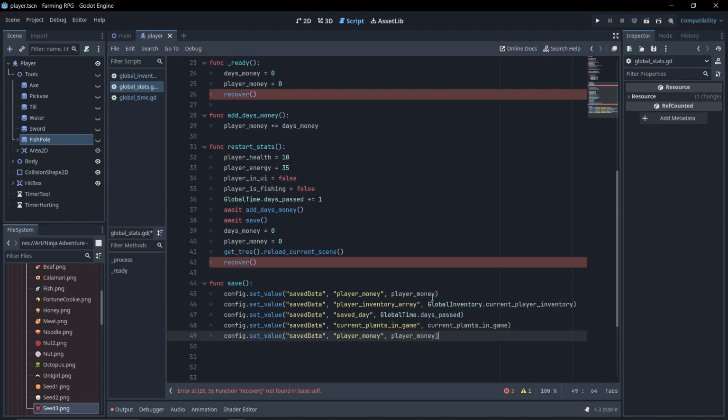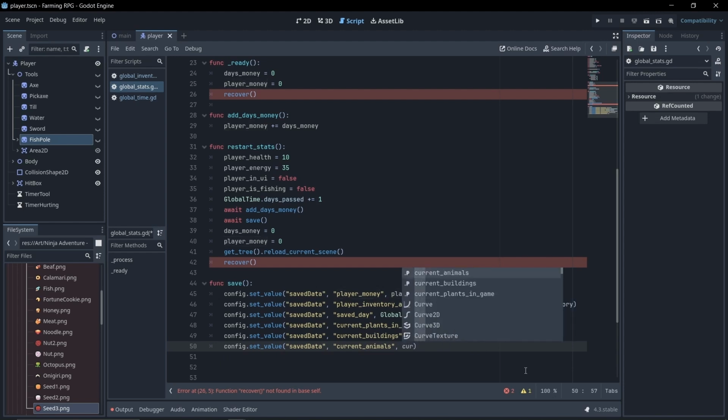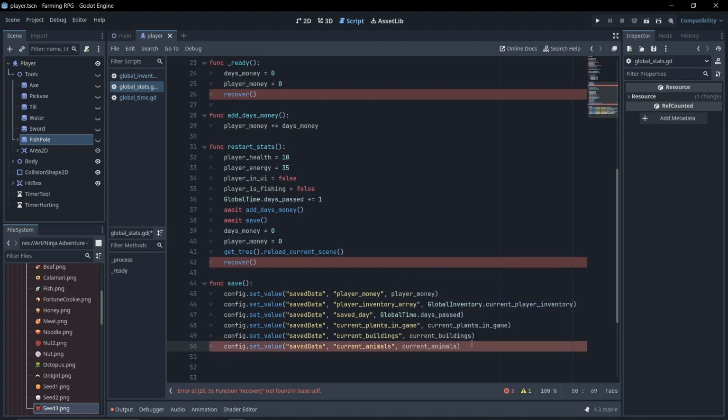A couple more. We also need the current buildings. So let's do current buildings. There we go. Type in current buildings. Perfect. Then we're going to go ahead to the next one, which is current animals. Current animals. All right, and this is also in here, so let's go ahead. Current animals. Perfect. Awesome. All right, so now that we have all our values saved, now we are going to